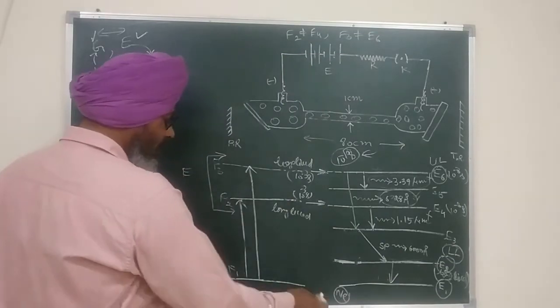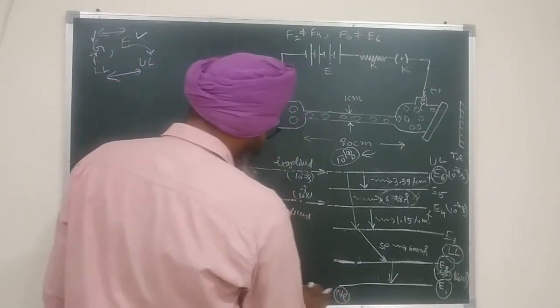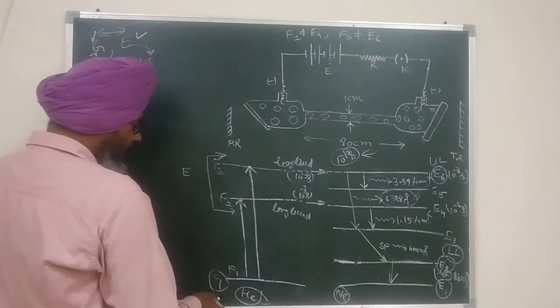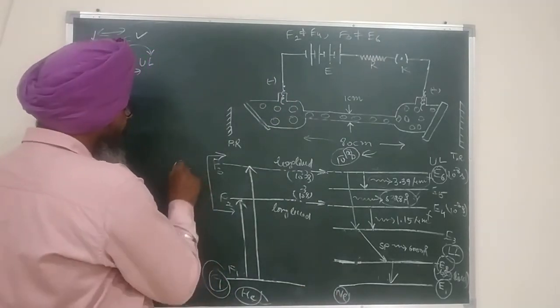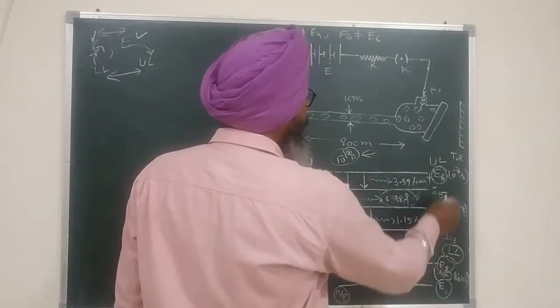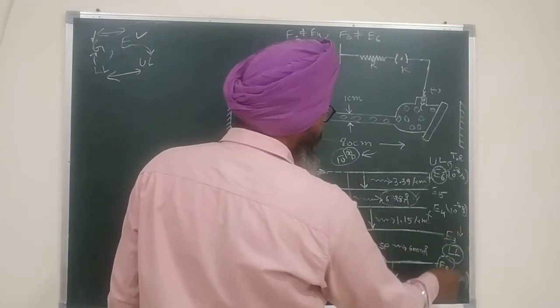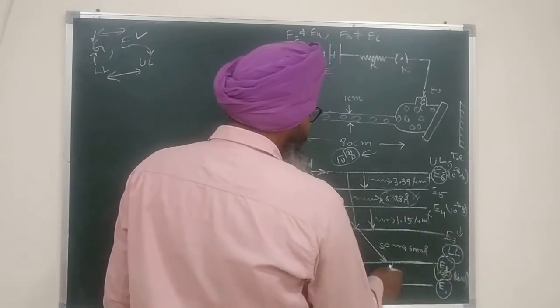So I initially said that G belongs to both of them. After that I corrected my mistake. So kindly remember, principally G belongs to helium, E belongs to helium, and E6 which belongs to neon is UL, and E3 which also belongs to neon, it is LL.